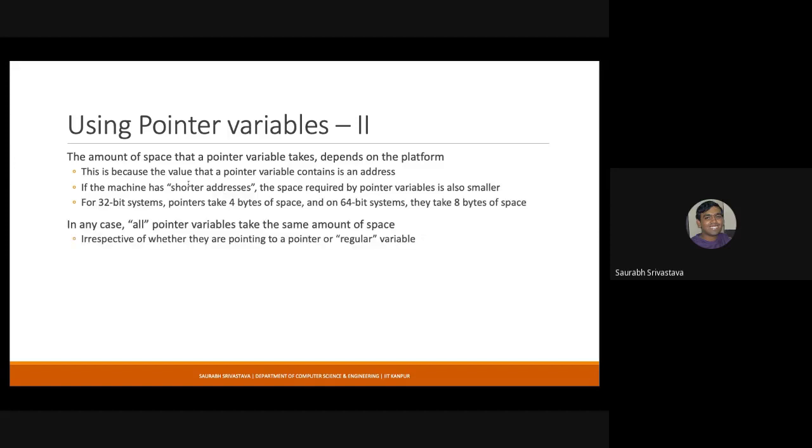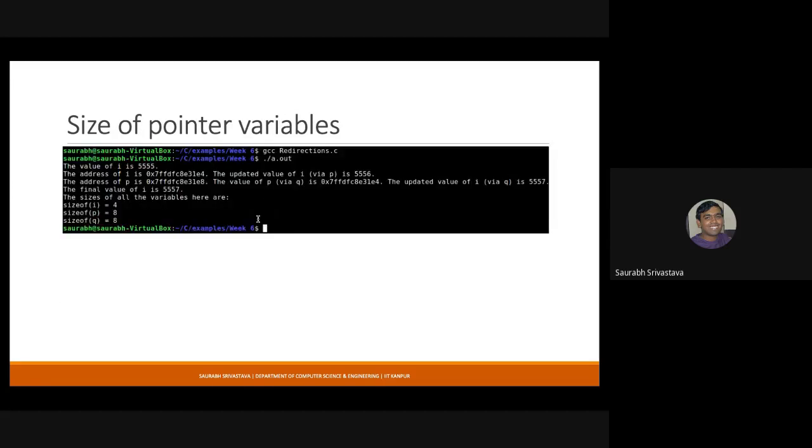Usually this is something you have to come across. In fact, today itself I got a query where I realized that a person was using a 64-bit system, but the pointers were 4 bytes, and that's because it is dependent on the platform. The GCC version that the student was using was a 32-bit version. But in general, you will have 64-bit systems with 8 byte pointer variables, and 32-bit systems with 4 bytes. You can use the sizeof operator, which you already know, to check all these things.